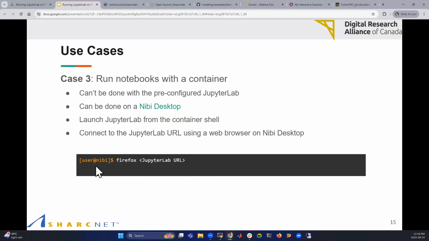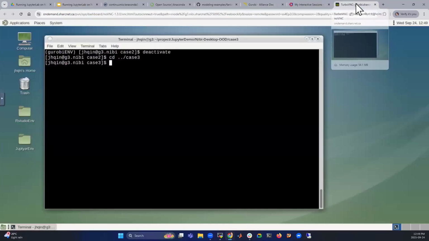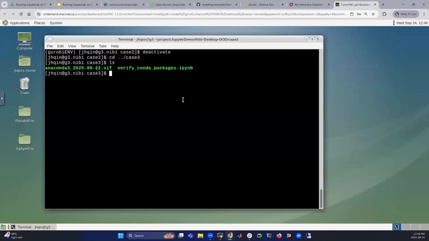Okay, so you open another terminal on the Nibi Desktop, type this command. Copy and paste that previous JupyterLab URL and then put it here to use Firefox on the host to connect to JupyterLab. Okay, so let's still use the same desktop here because I already have this